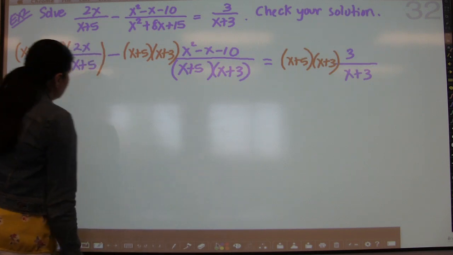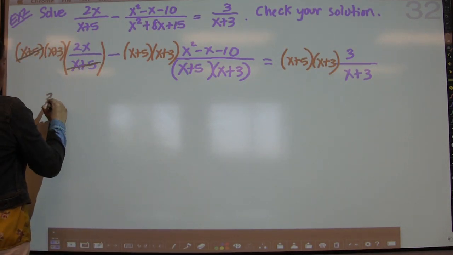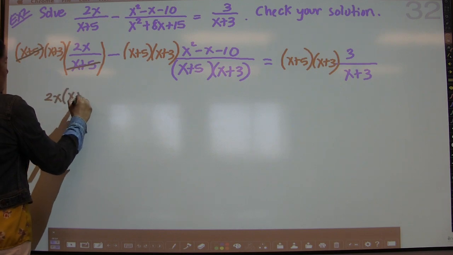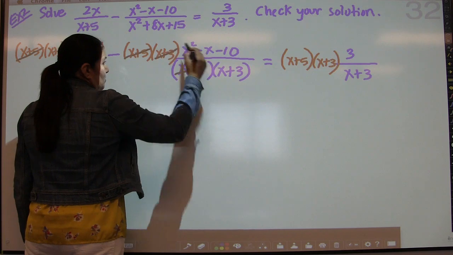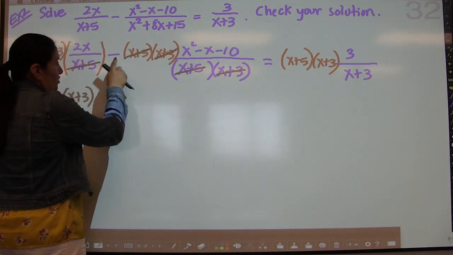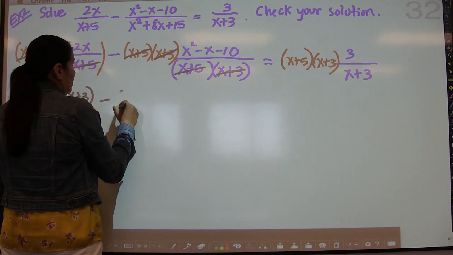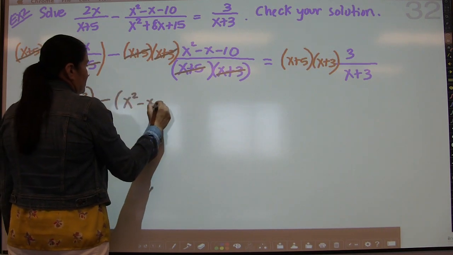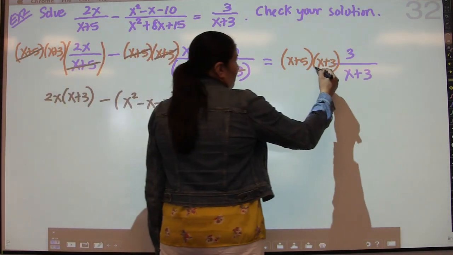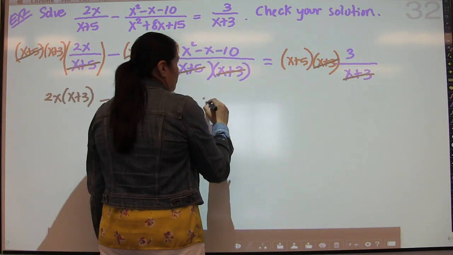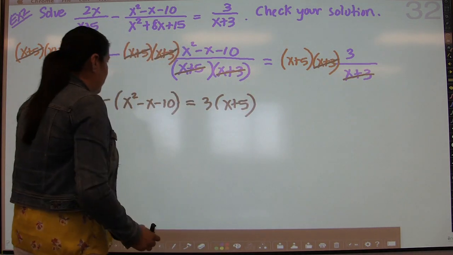So now the x plus 5 will cancel here, and you will get 2x times x plus 3. Here, both x plus 5 and x plus 3 will cancel. Now you do have this negative that needs to get distributed to all of this, so this is actually minus x squared minus x minus 10, and then equals, and over here the x plus 3's cancel, and you're going to get 3 times x plus 5. So now we can actually